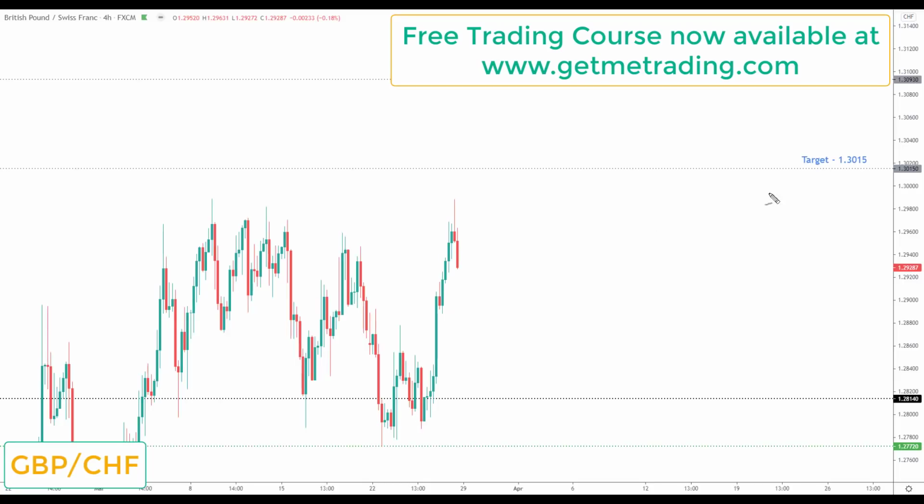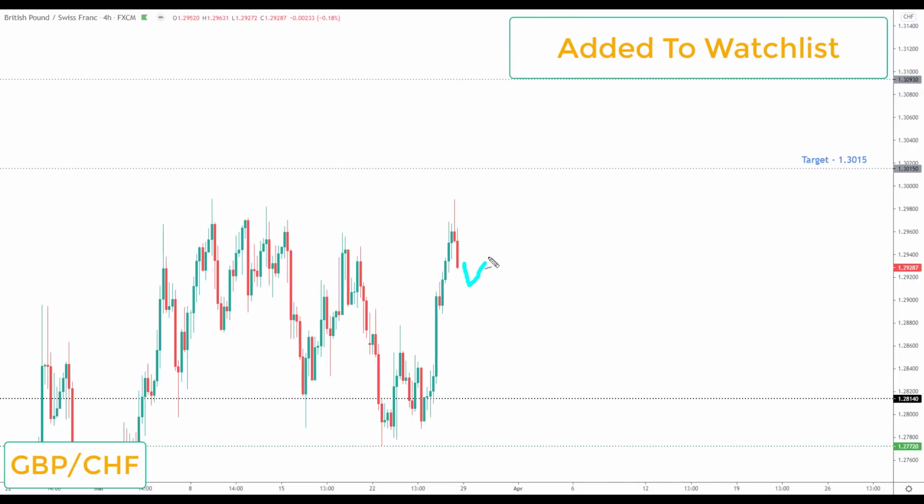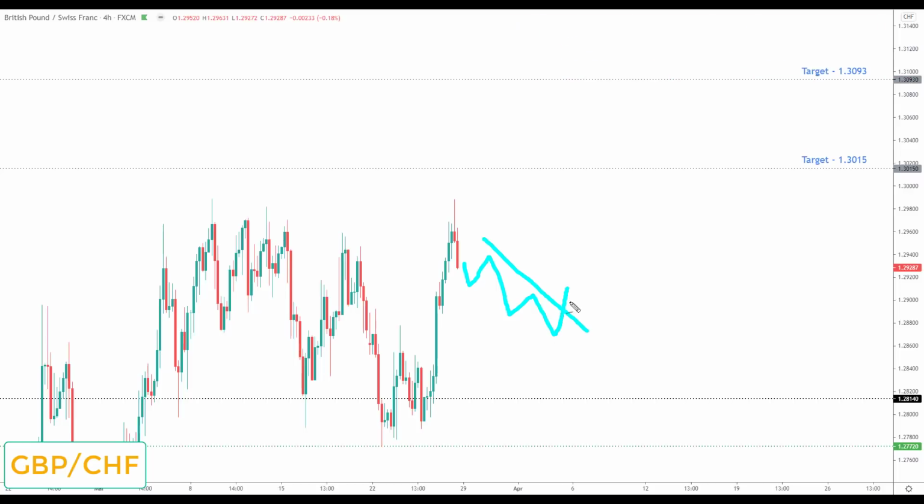Pound Franc, this was a market on the high probability watch list last week to the upside. We did have a nice rally in this market, but we didn't take out the 1.3015. We came quite close. So very simply put, any continued correction in this market this week is just viewed as another opportunity to look for bullish reversals up towards the next key of resistance to the upside, and the target highlighted from last week at the 1.3015.